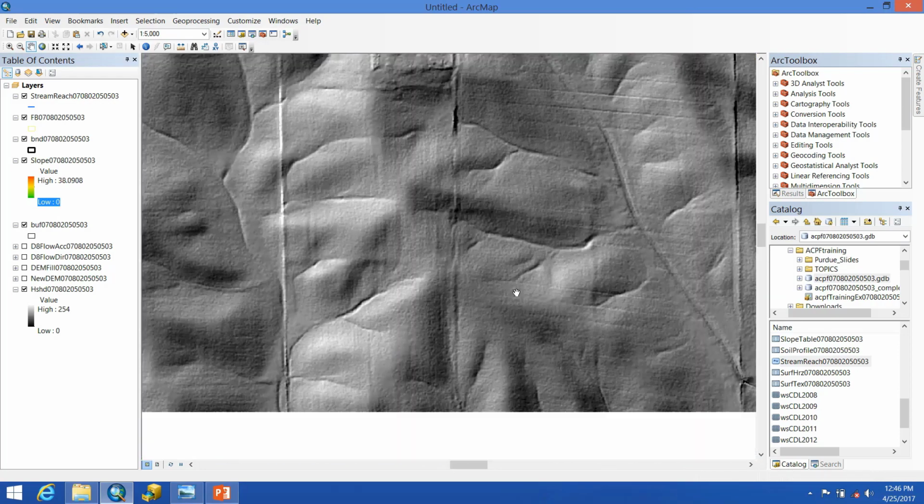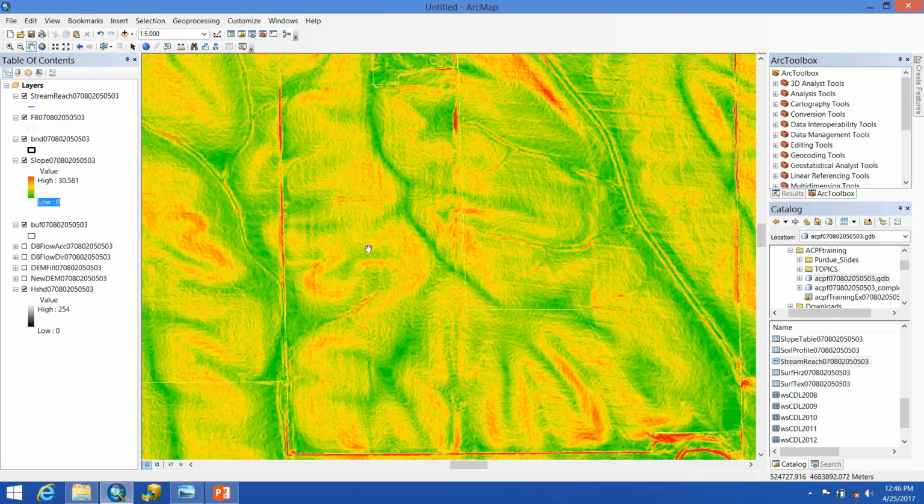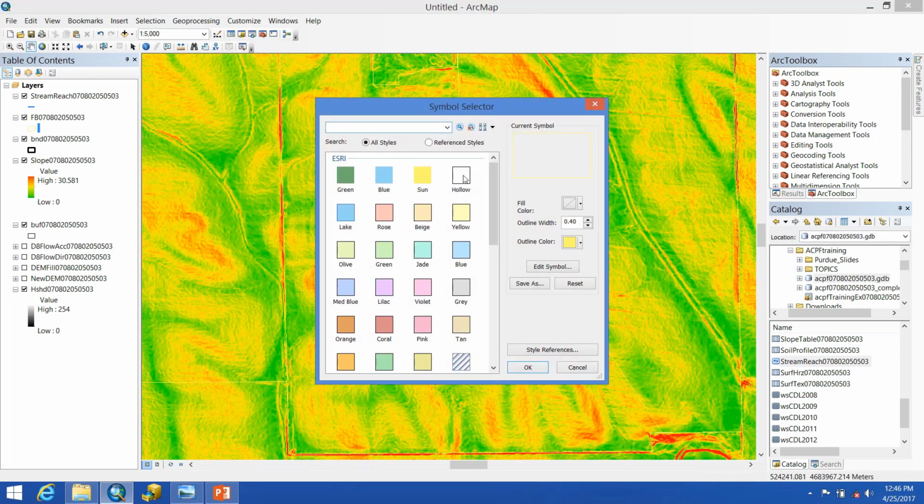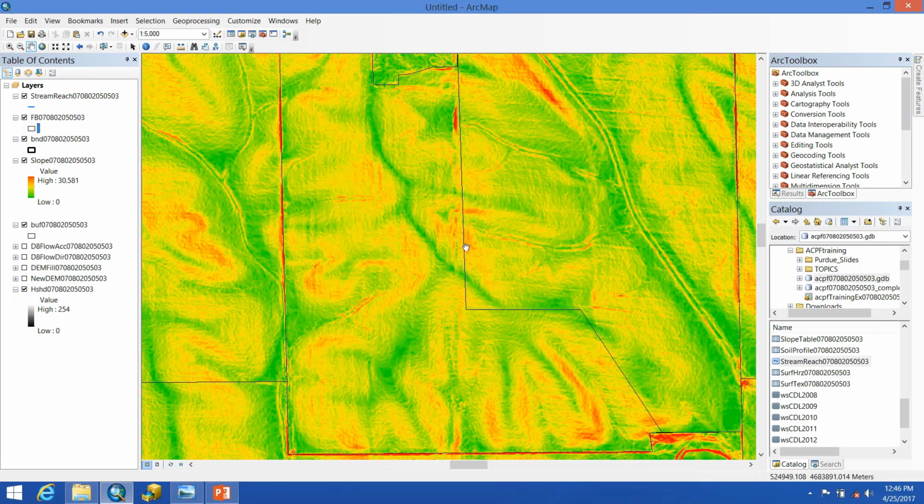And then within a field, the more we pan, this ramp is going to change since it's from current display extent. We can get an idea of within this field where the steeper slopes are occurring and where the lower parts where maybe flow might concentrate within here are. So it's very handy for visualization, but also for understanding at-risk areas within your watershed.